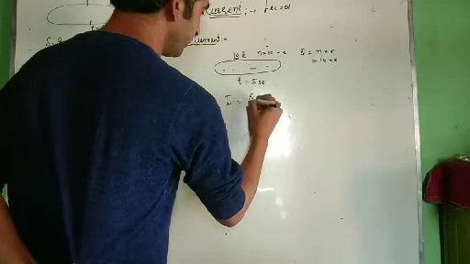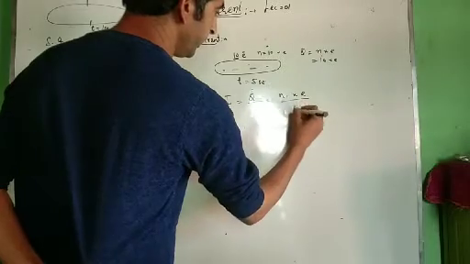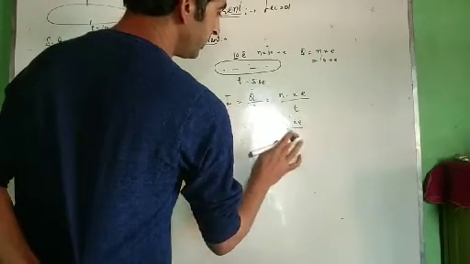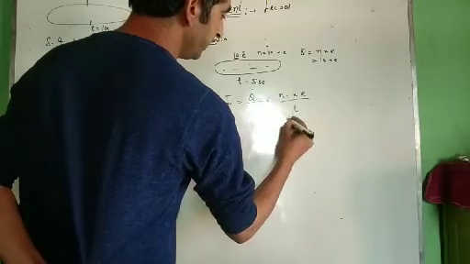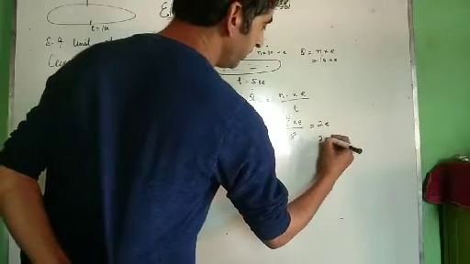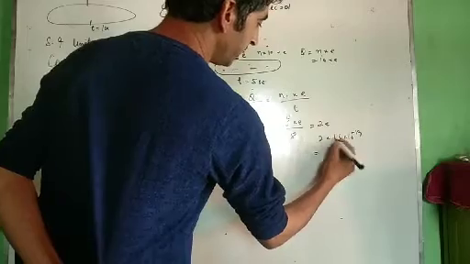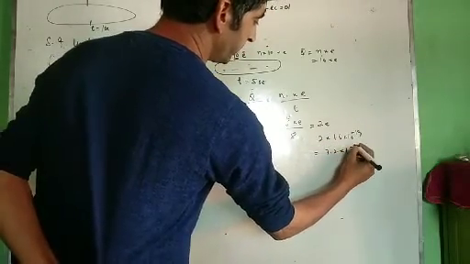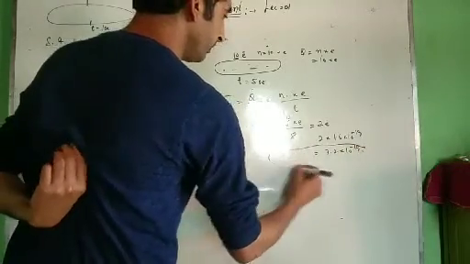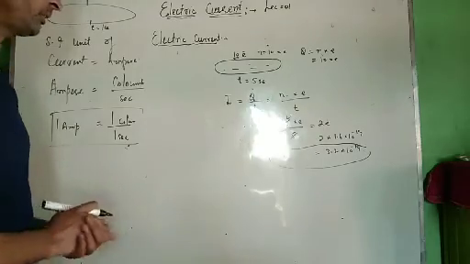Current is equal to Q divided by t. Q is equal to n into e divided by t. What is n? n is 10, so 10 into e divided by t. What is t? t is 5. 5 twos are 10, therefore 2 electrons. What is the charge on an electron? 2 into 1.6 into 10 raised to the power minus 19 coulombs. That means 3.2 into 10 raised to the power minus 19 coulombs of charge flows, or of current passes through this conductor. This is the type of problem you can be asked in the examination.